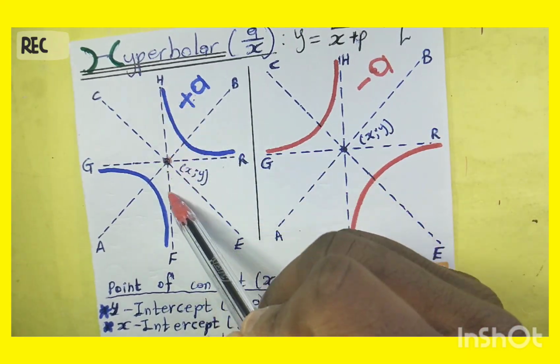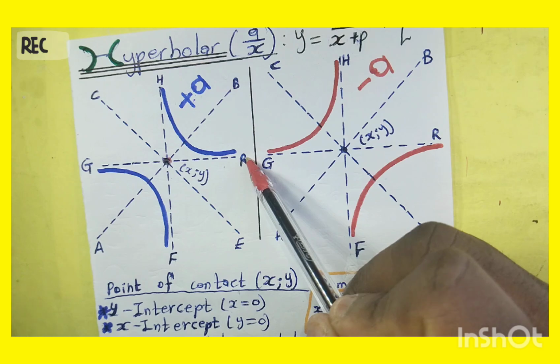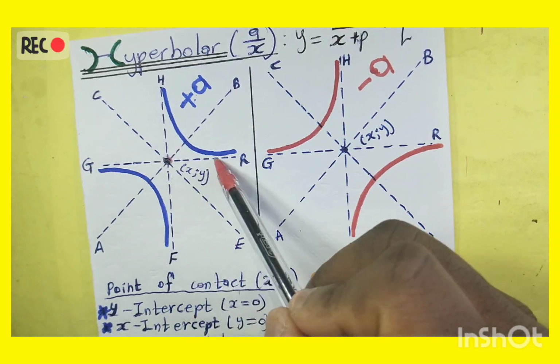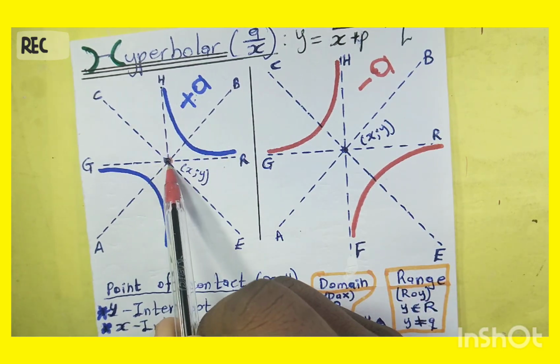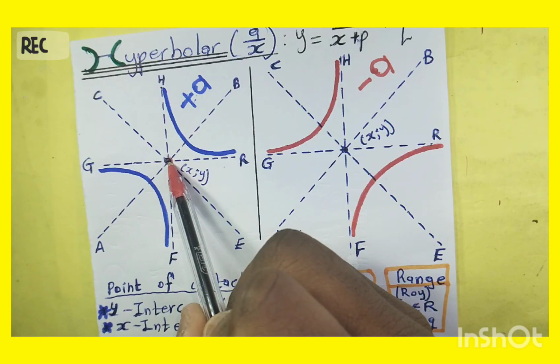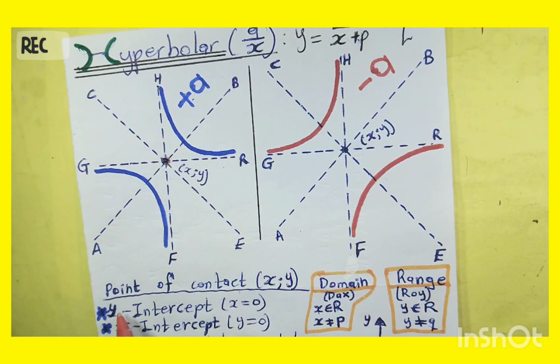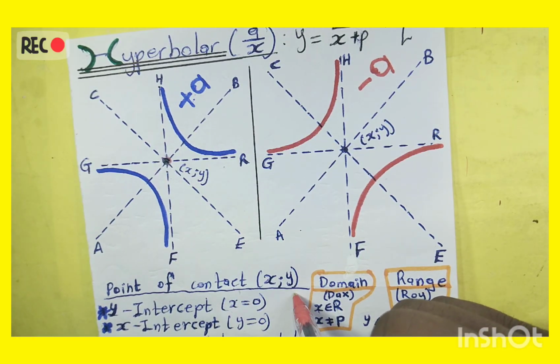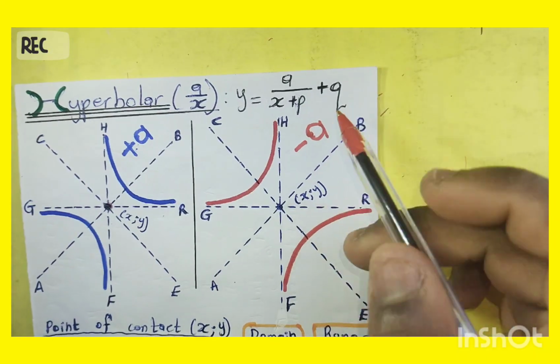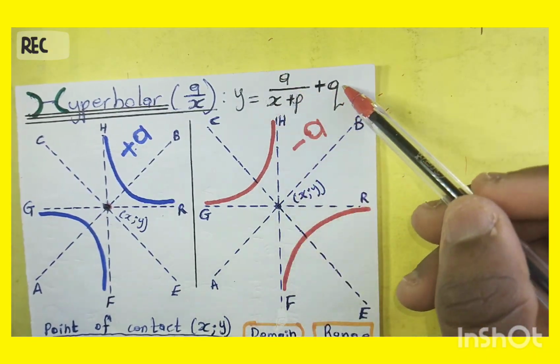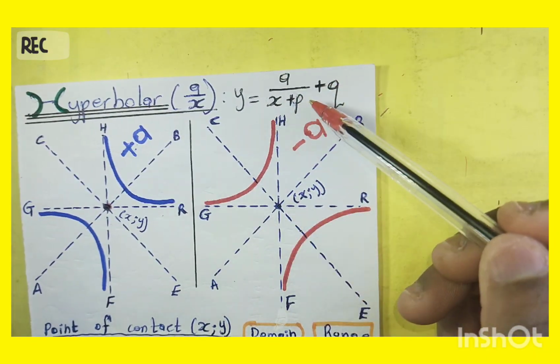We've got vertical asymptotes and horizontal asymptotes. The asymptotes and the axis of symmetry will intersect here. Do you see this? All of them will intersect at the point of contact there. Do you see? Then when it comes to this equation, you should understand that we can get the